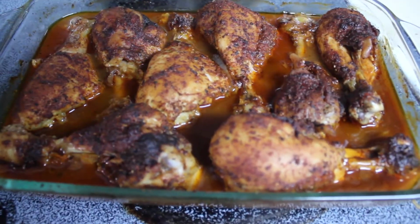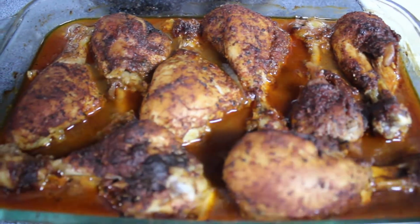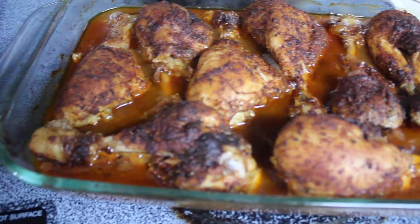So you guys, this is the final product of my barbecue chicken. It's nice and seasoned. The sauce